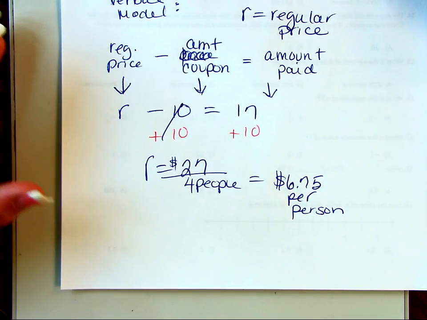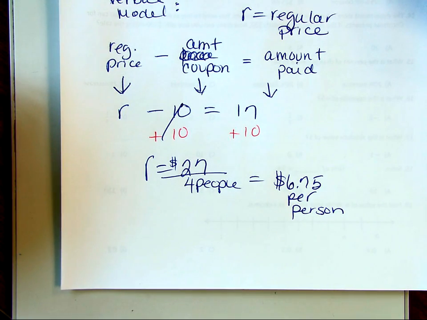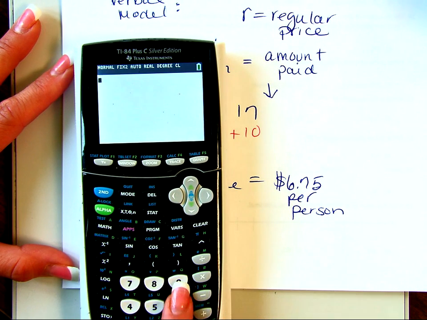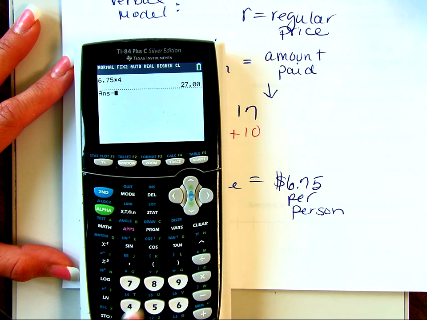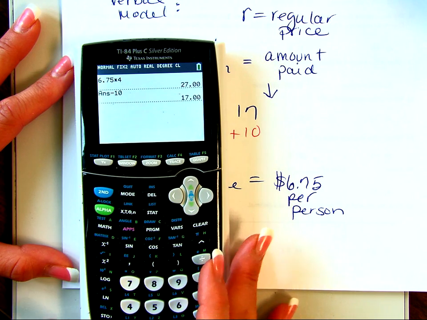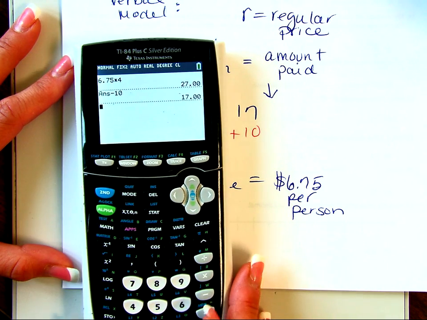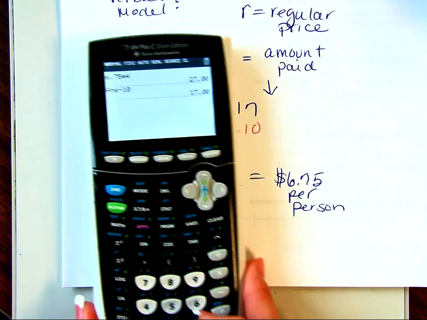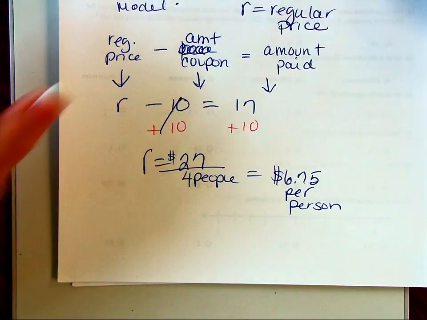Okay? You want to check that? If you want to check that, let's take 6.75, multiply it by 4. That gives me 27. Subtract your $10 coupon, and there's the $17 that you paid the people behind the counter. Okay? Verbal model, I think, really helped in this case. All right? Okay, now, before we do this, we need to go over a few ways of